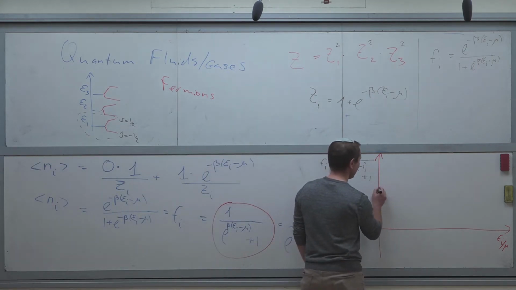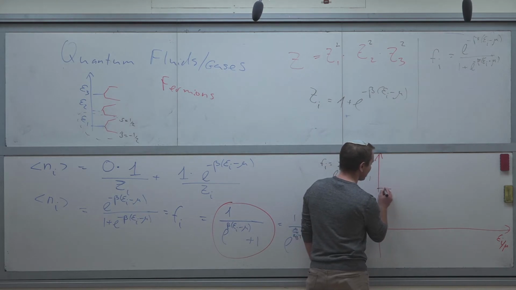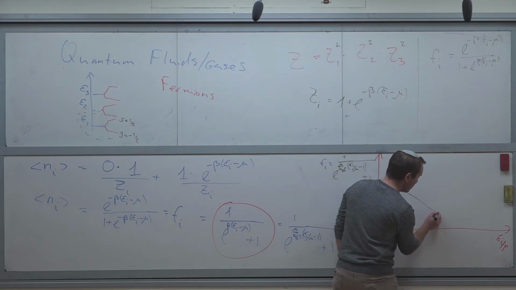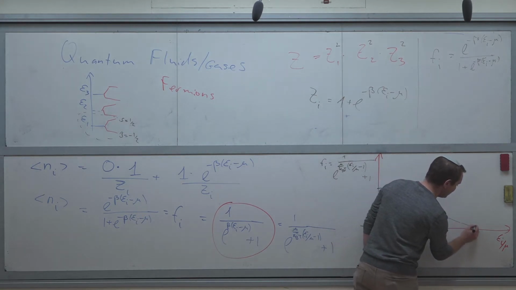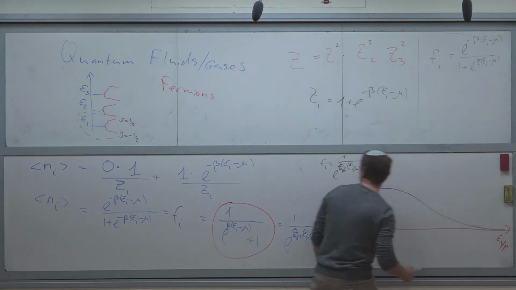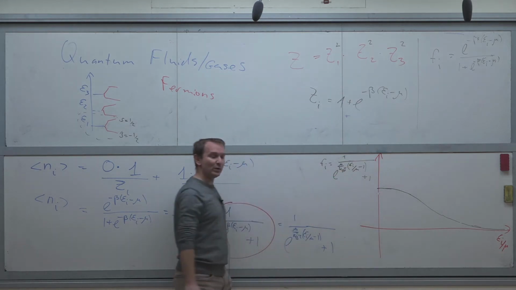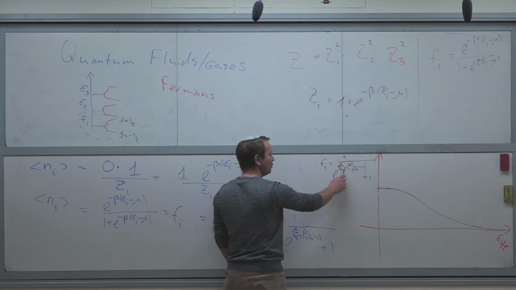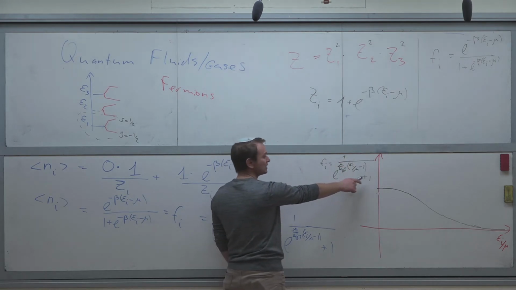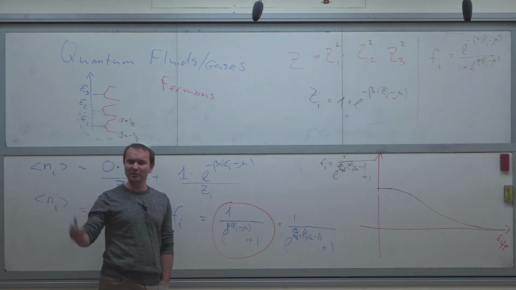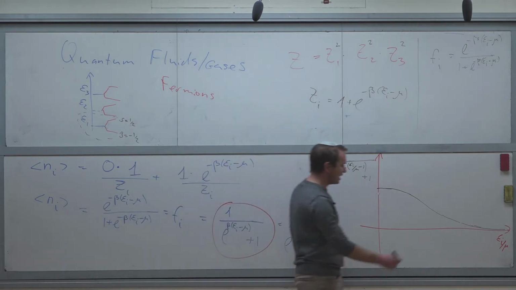Eventually we will decay towards 0. Why? Because when epsilon divided by mu goes to infinity, we have 1 over e to some very large number plus 1. Plus 1 is not important, so it's 1 over something that goes to infinity, so it converges to